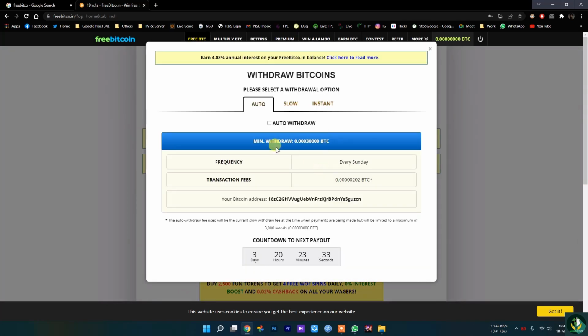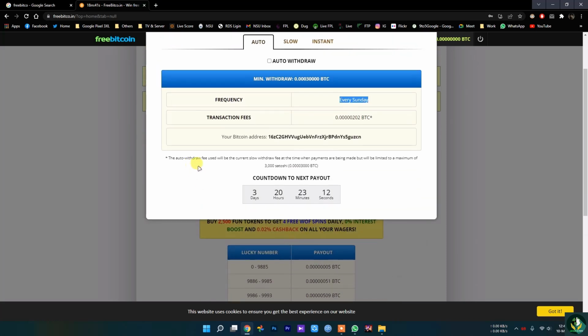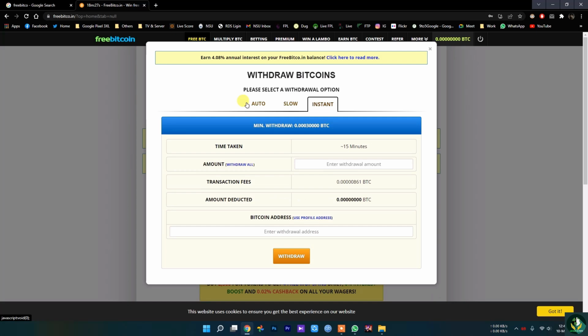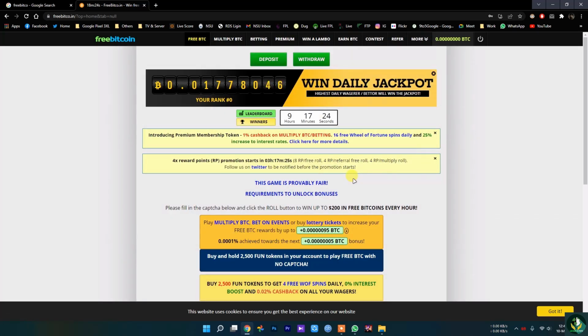And the withdraw process is there is some limitation to withdrawing, like transaction fees. You have to be minimum at these two transaction, and also you can withdraw only on Sunday. It is limited to a maximum of 3,000. So you have to have at least 3,000 satoshis to complete the withdrawal. So that's the process actually.